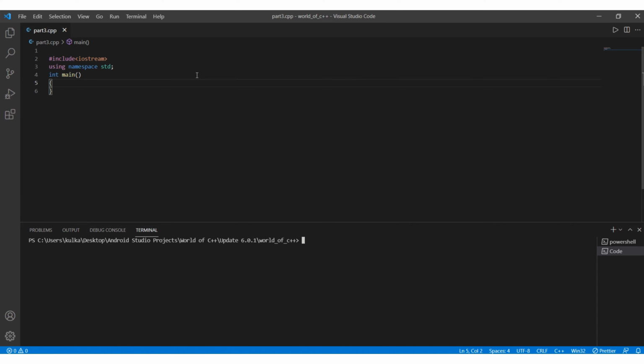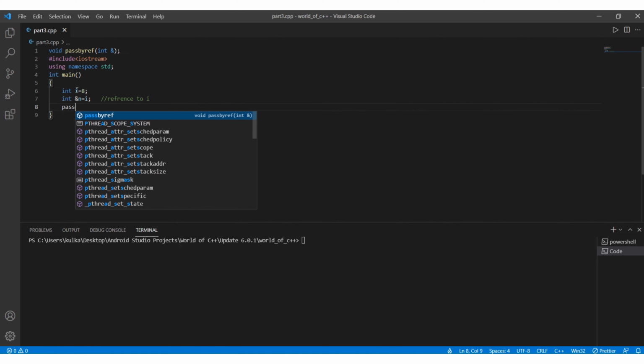Let's see an example. I will create a function with return type void. The name of the function is passByRef, with parameter int ampersand i. I will write the main function: int i equals 8, int ampersand n equals i. What it does is make n a reference to i.